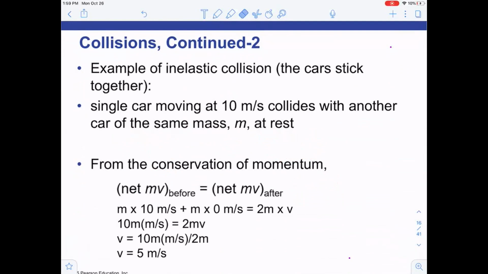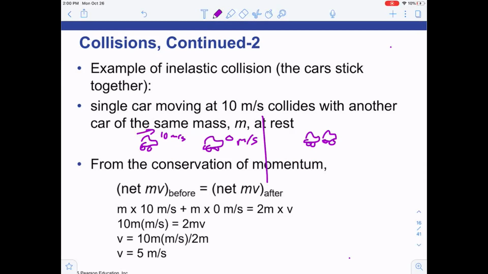If we draw this out, we have a single car moving at 10 meters per second, and another car, at a stoplight or whatever, at 0 meters per second, right? Then they collide. Assuming it's inelastic, let's say the cars stick together,